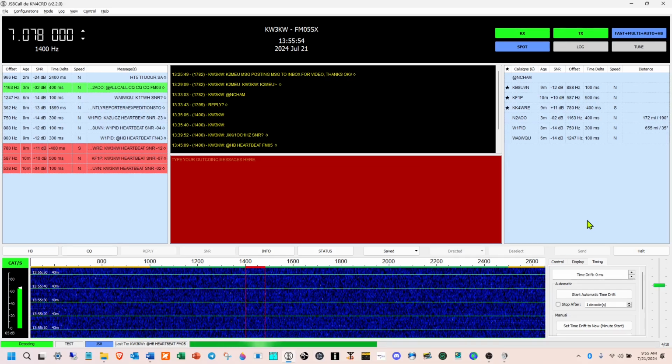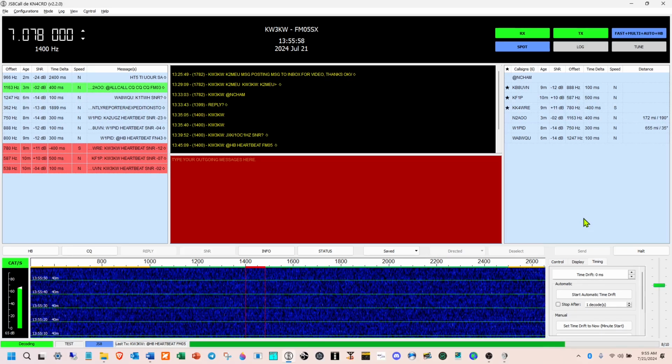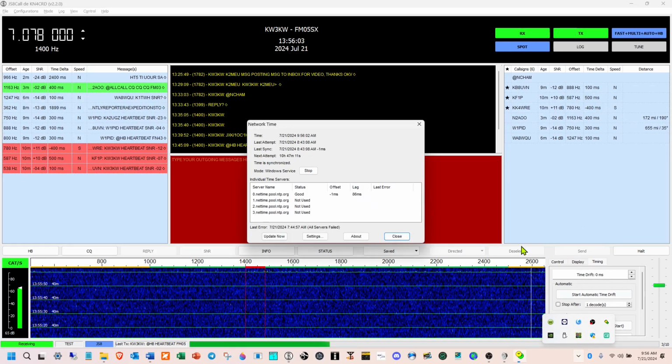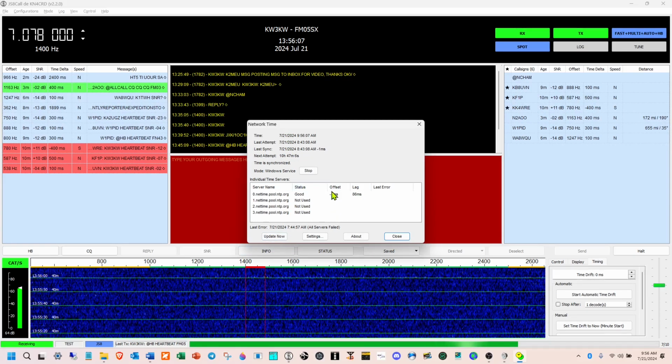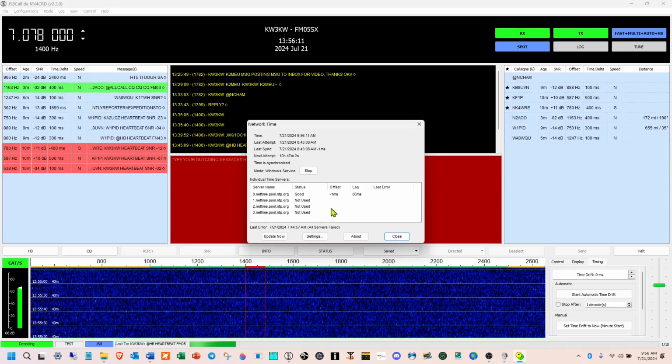Anyhow, what I want to show you, the first thing I do is always tune my rig when I get done, as far as my best practice. I always make sure my time is in sync with my computer. So I use NetTime, and I do the update. And I want to make sure my offset is good because I often find that it can be off 800